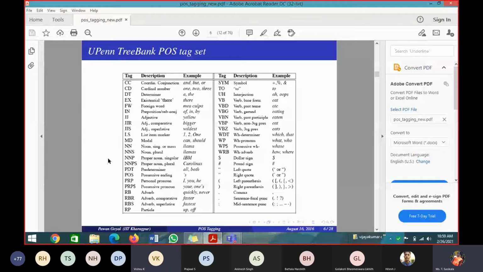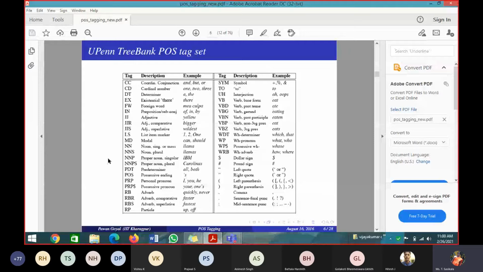Can you tell me? The same word can have multiple POS tags. Very good. The same word will have multiple POS tags. If I have the word saw, it can be a noun, a verb, or an adverb, in different ways. So the system will assign all of these to the word saw. But that word should have how many POS tags actually? Only one. So finding out which is the correct one is our aim here.